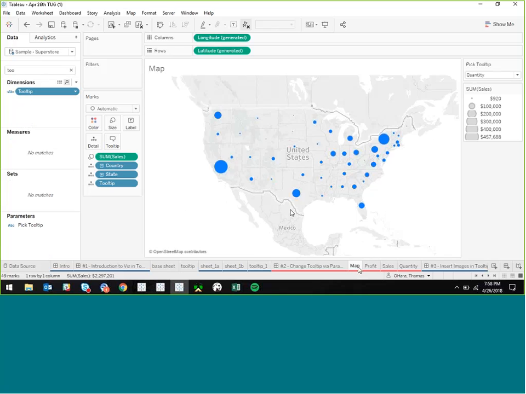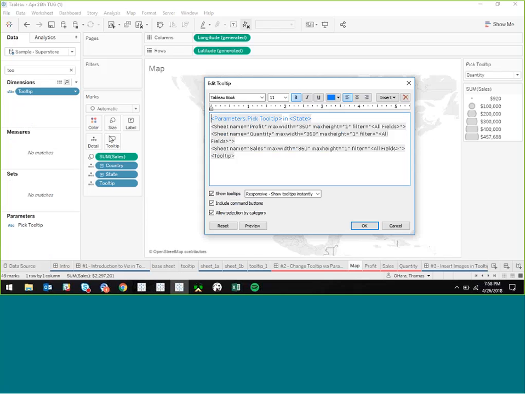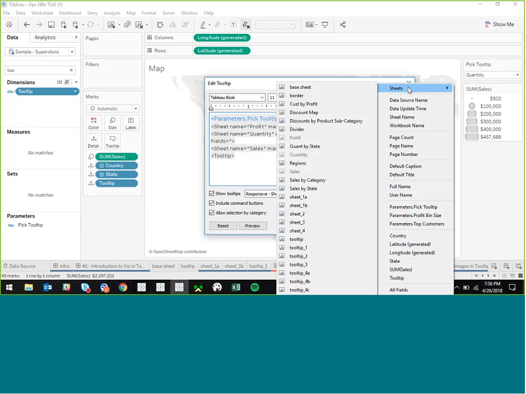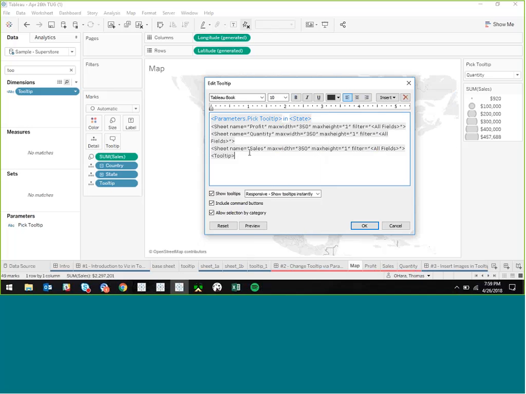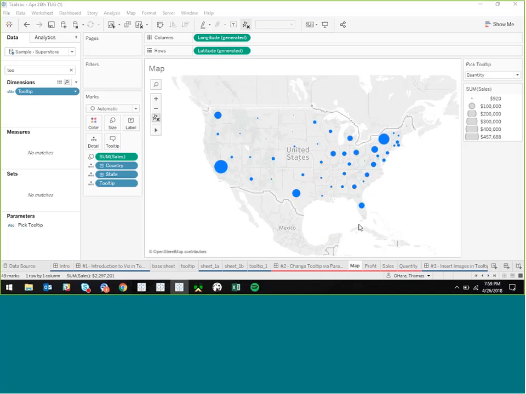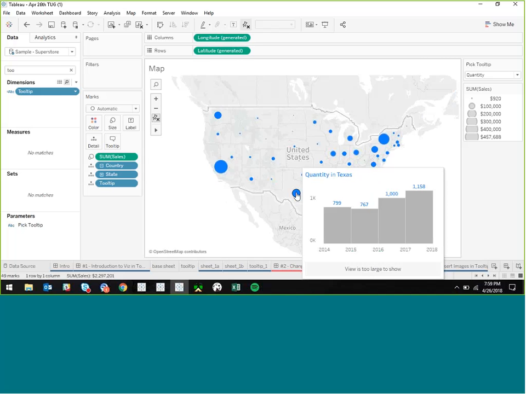But anyway, in our main sheet, in our tooltips, what we have to do is like Tom showed, you go to insert and then you start inserting all your sheets. In my case, if you see here, profit, quantity and sales all are grayed out because I already have them in my tooltip pane. And then I also have my tooltip calculation here so that it filters whenever I change the parameter. Let's say just in case I didn't have the tooltip here, what would happen is it would display the entire data,